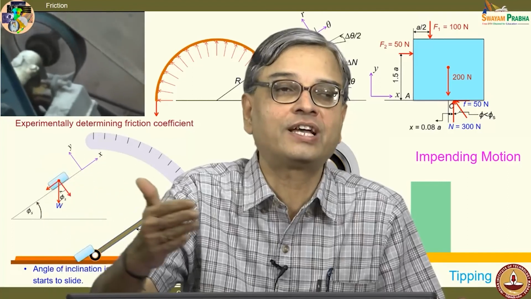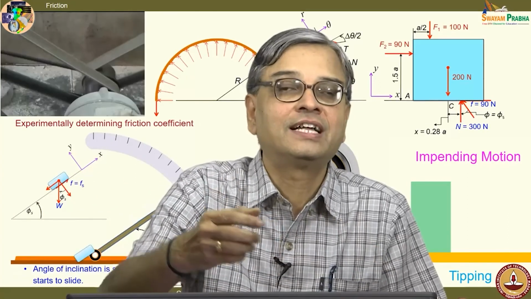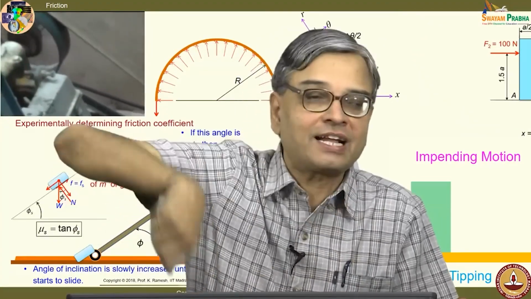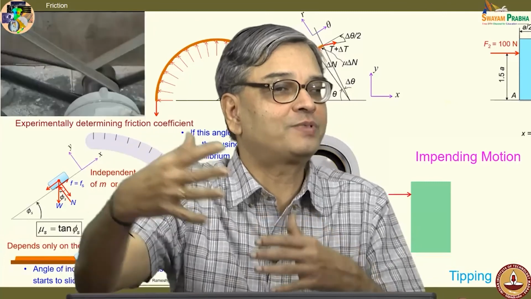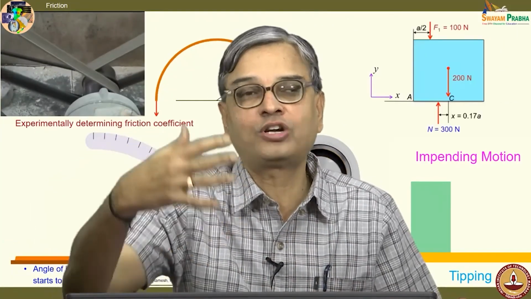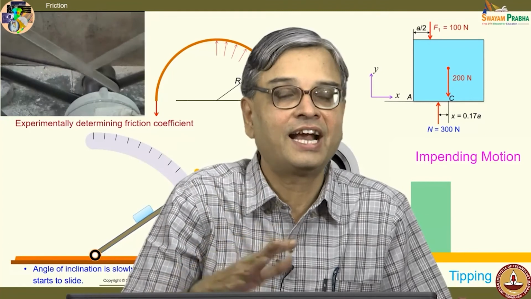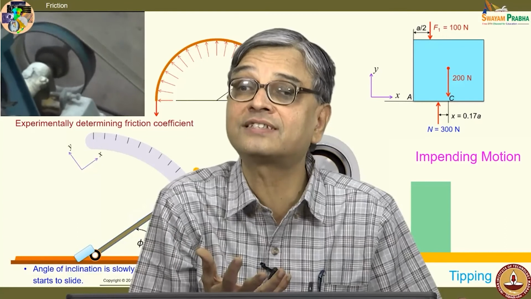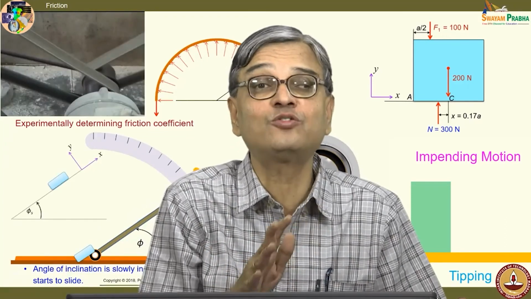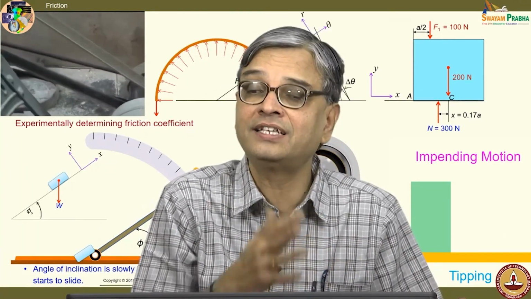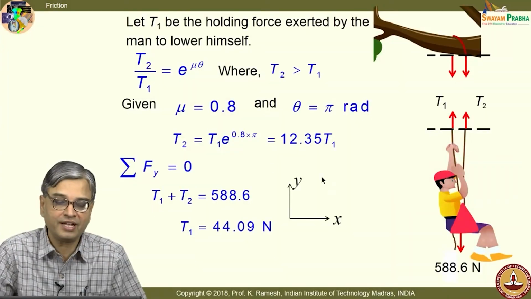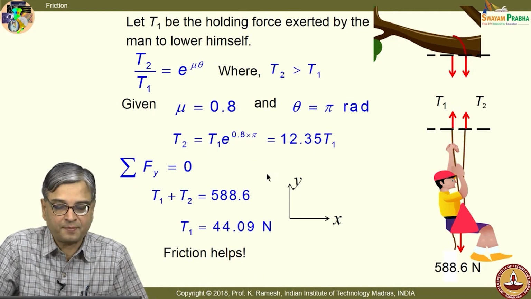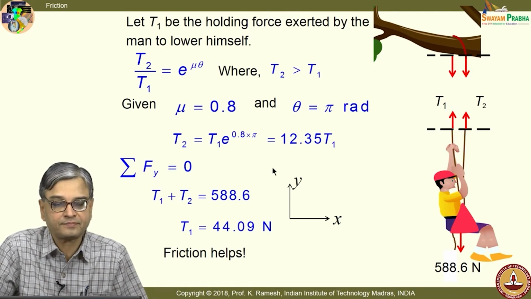And once it comes to a shore, the person will throw the rope and the person on the shore will take it and put it on the peg several rounds. And that is how the boat is halted and it stays in place and you can get out of it. And friction is very well used in these applications. So, friction is very useful. It is exploited in many engineering applications. Okay. So, friction helps. So, it is a very interesting problem.